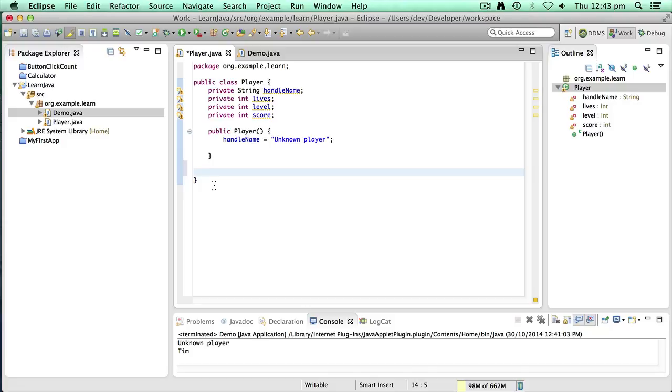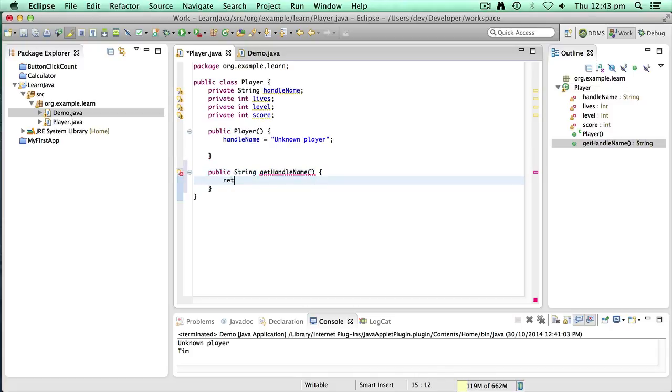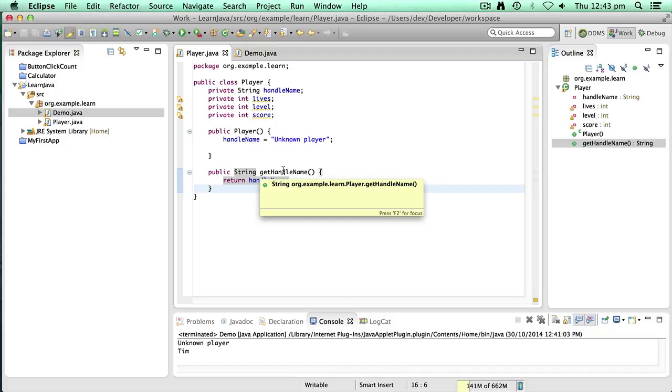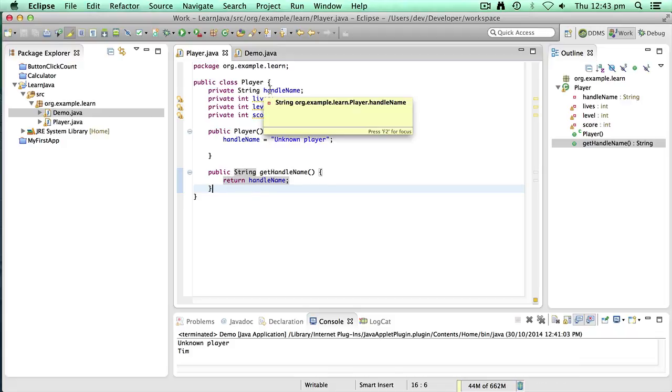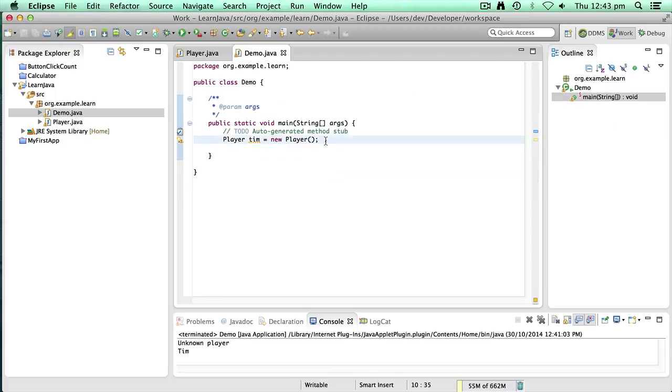But what we can do is use something that's called a getter. So we can type public string get handle name, and we can type return handle name. What we've done there is we've created some program code. We've created a method, which is really just a name for some code that's executed, but then it's going to return the handle name, which in other words is going to return the string of whatever is contained in the handle name. So if we go back to the demo.java and we type